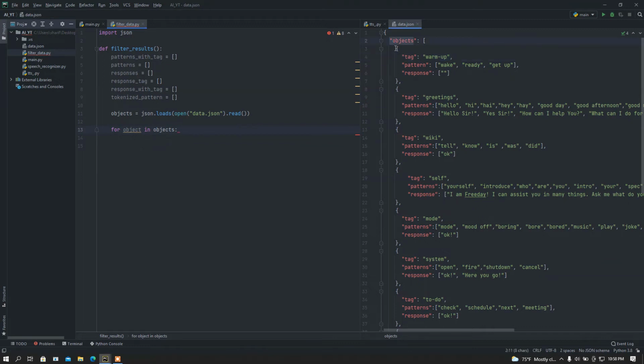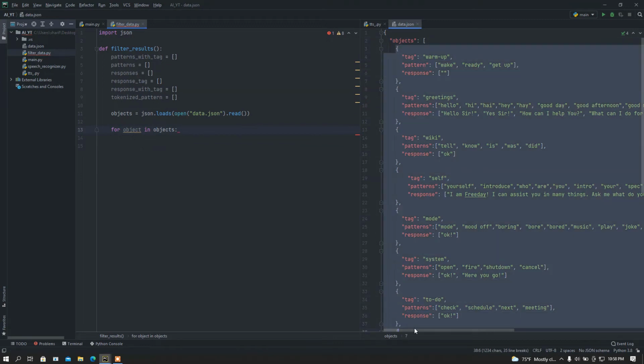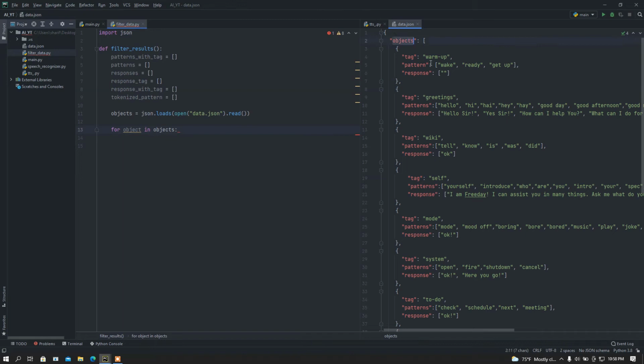this object. Actually, I want to load all this stuff. So I'm going to call this attribute. I'm going to filter these objects, for object in objects, and then